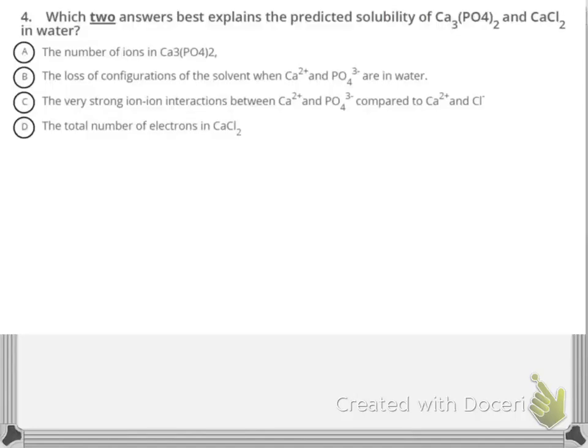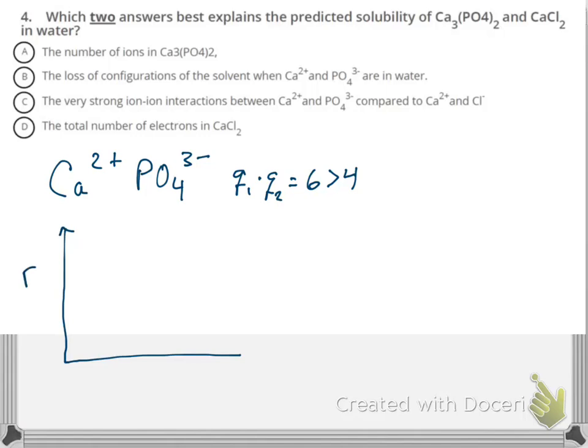Okay, so here we have a predicted solubility difference between calcium phosphate and calcium chloride. So we look at the ions. Calcium is 2 plus and phosphate is 3 minus. The product of that is 6, and that is greater than 4, versus calcium chloride, which is +2 and -1. It's only 2. So if we look at that, that means that if the charge is greater than 4, we